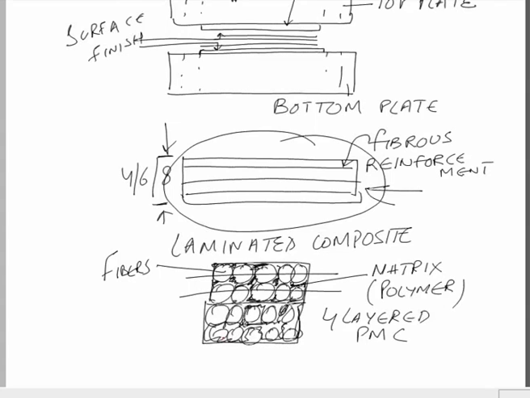So, this is a simple way of making a composite material. I have shown that there are different plates, a top plate and a bottom plate. This is a flat plate mold. Now, the shape of the composite that we will get will depend upon the shape of the mold. This is a flat plate mold, so we will get a composite laminate if we use this process of hand layup. If we have a particular shape, we will get a different shape of the composite depending upon the shape of the mold.